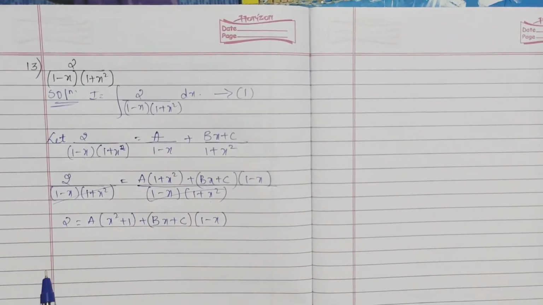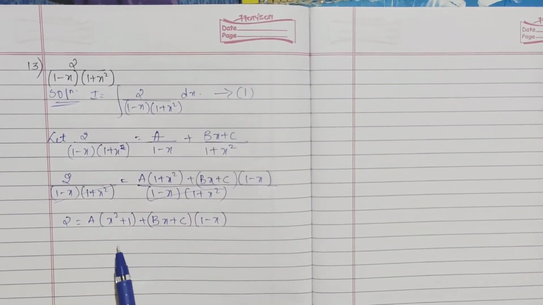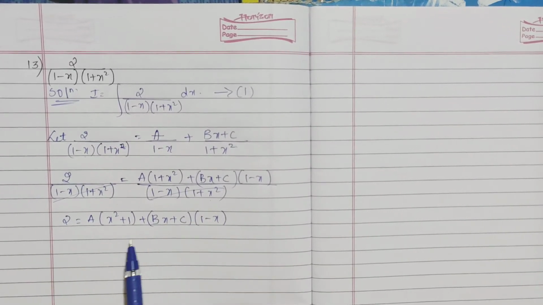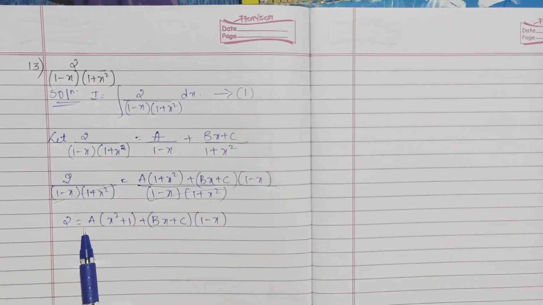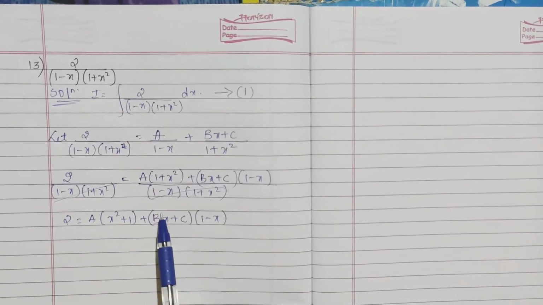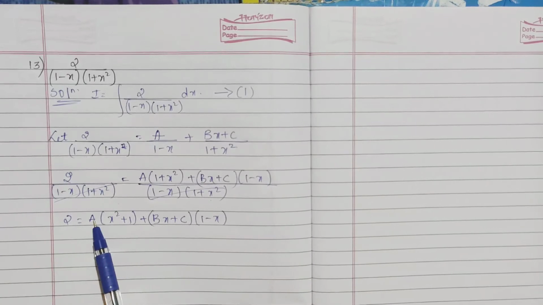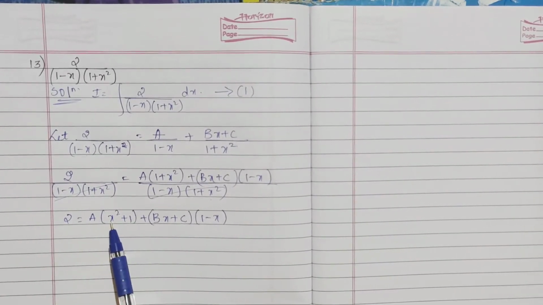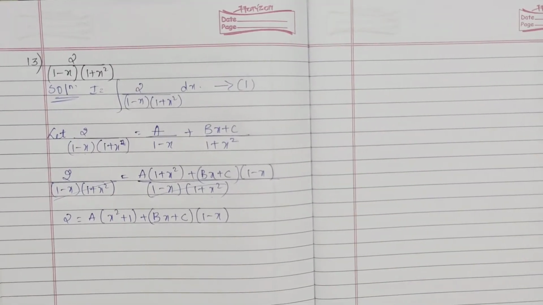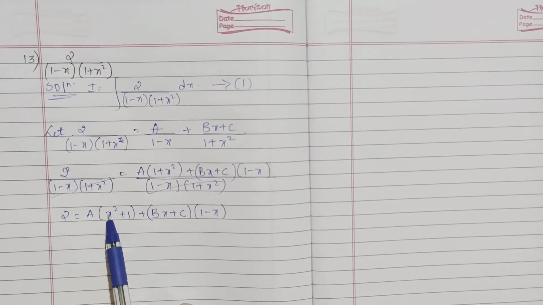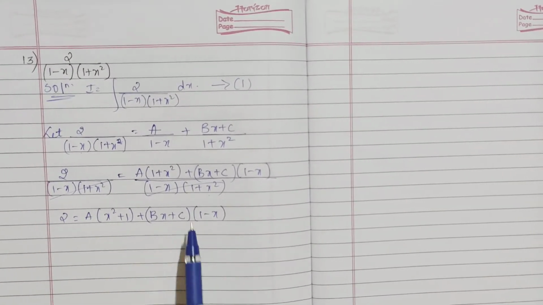In one term, if you take x is equal to 1, this term will be 0, so the whole term will be 0, and you will have the a value. If you take x is equal to 0, only b will be 0, and c and a will be there. And one more, x is equal to 2 you can take, because if you take minus 1 it will probably be the same. So with 2 you will get your c value.